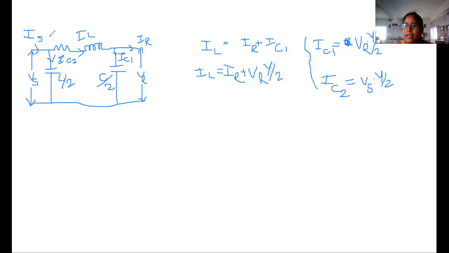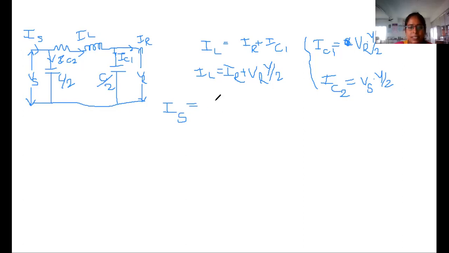For IS, we can derive the expressions for the sending end current and sending end voltage in terms of receiving end current and receiving end voltage. We know the equation Vs equal to A into VR plus B into IR. In that we can find out the IS value in terms of IR and VR. So the current expression, IS equal to